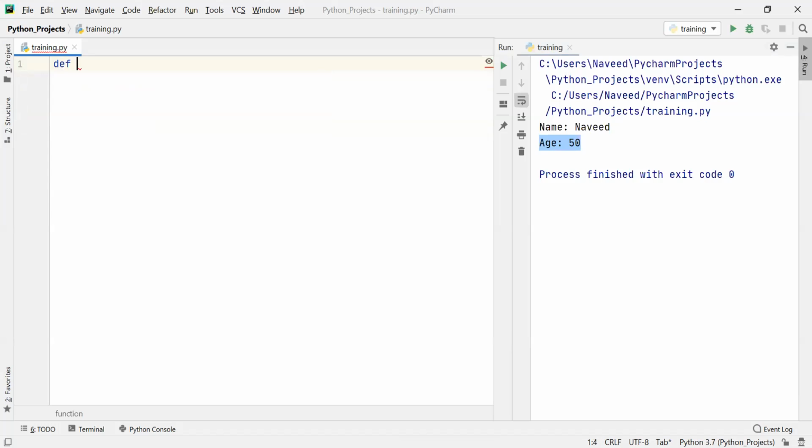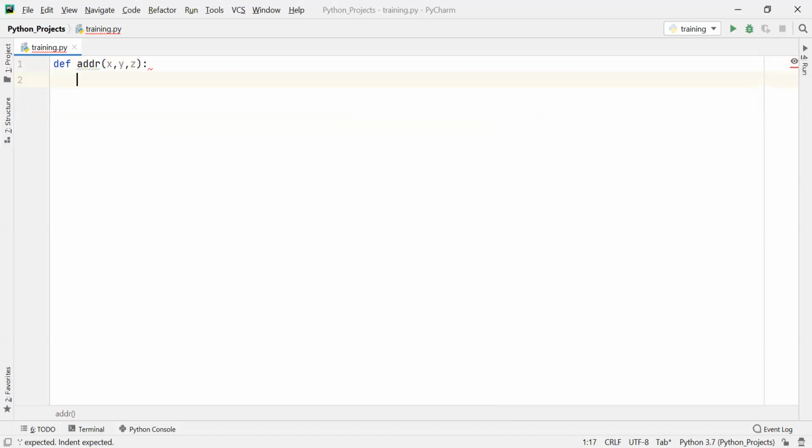Let's say def. Okay, I'm creating a function known as adder, which adds the sum of x, comma, y, comma, z. So what I'm trying to do here is I'm just printing the sum of these numbers.